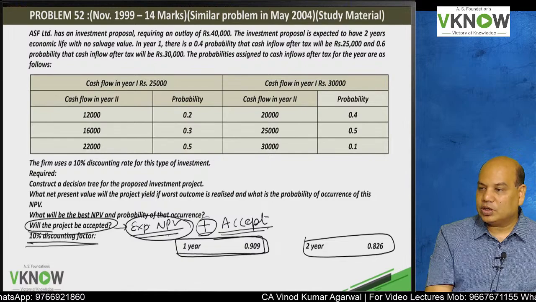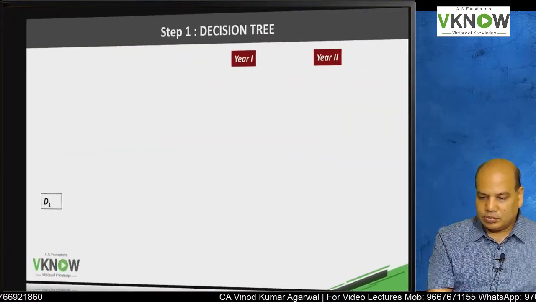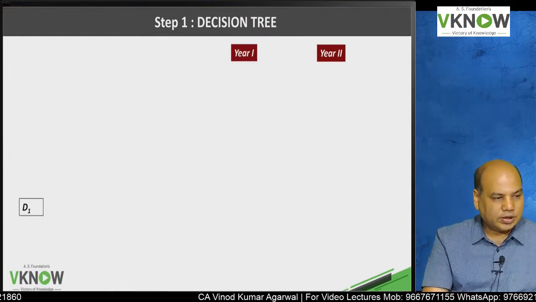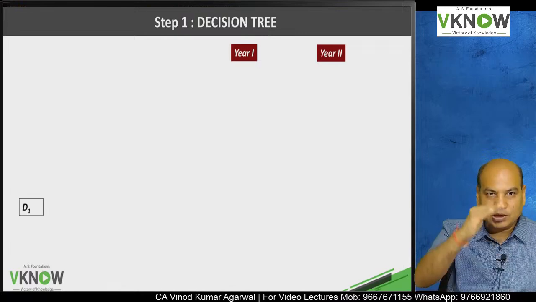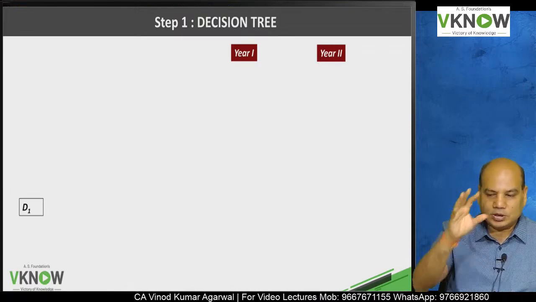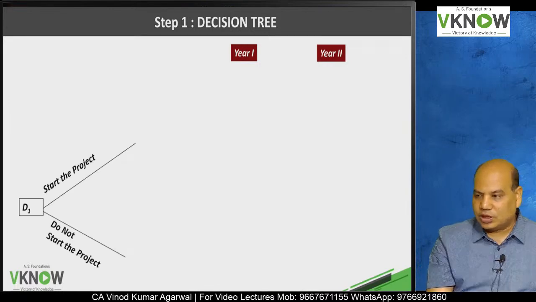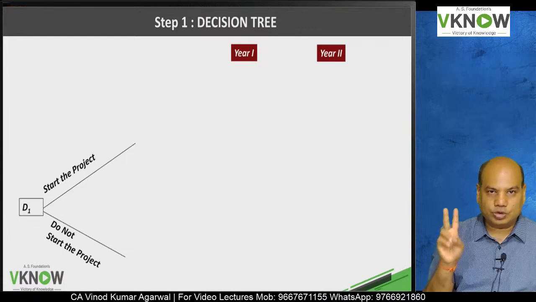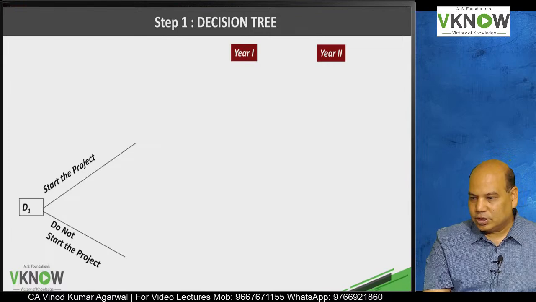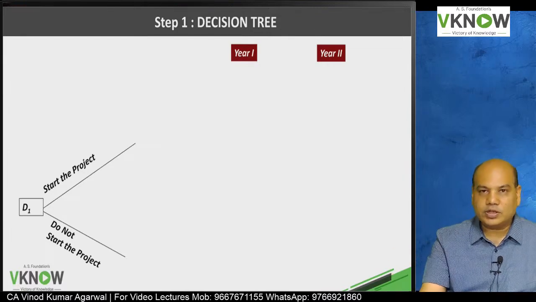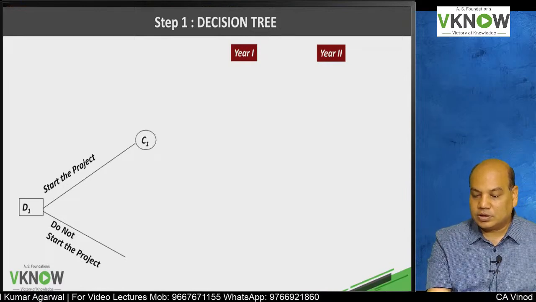This question seems little complicated, but actually it is very easy. First you write down step 1, decision tree. Start from left side, start from little below, maybe you keep 20 lines or 15 lines blank, and then you start writing. Today I have two choices: start the project, do not start the project. If I do not start the project, no further discussion, NPV will be 0. But if I start the project,